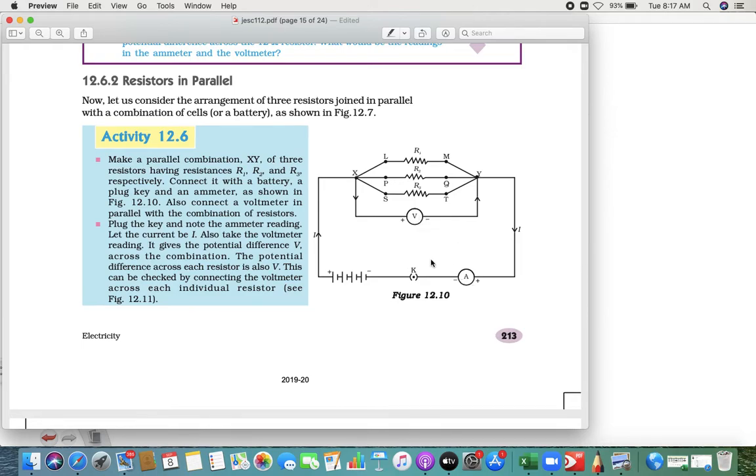So here, when you try to find the potential difference at each, they are all the same. So here V remains constant and I keeps on changing. As I said, the current gets different parts, so it will be I1, I2, I3, and that is how you have to identify it in a circuit also. When we do word problems, at that time I'll show you how to identify whether it is a series connection or parallel.